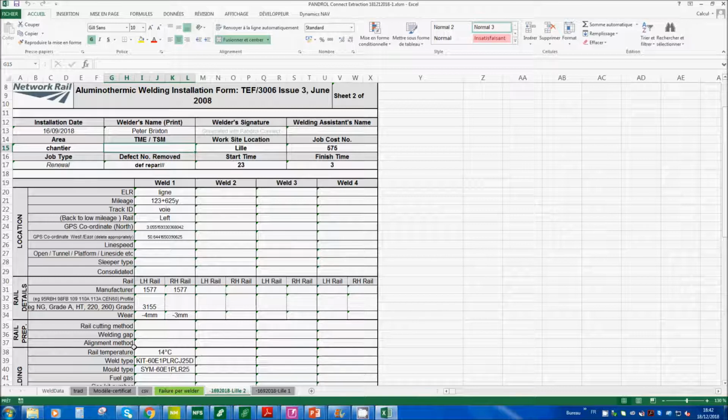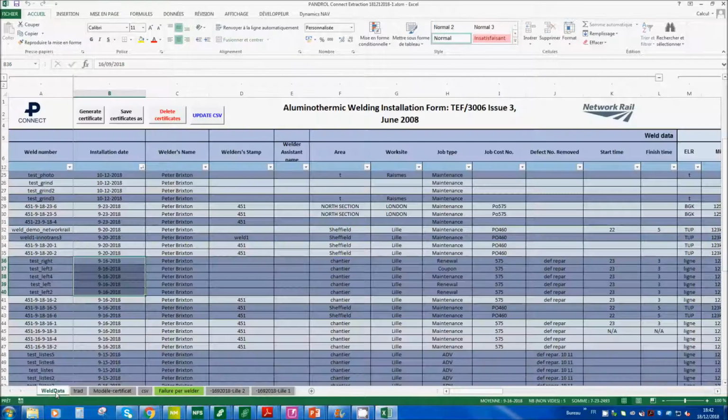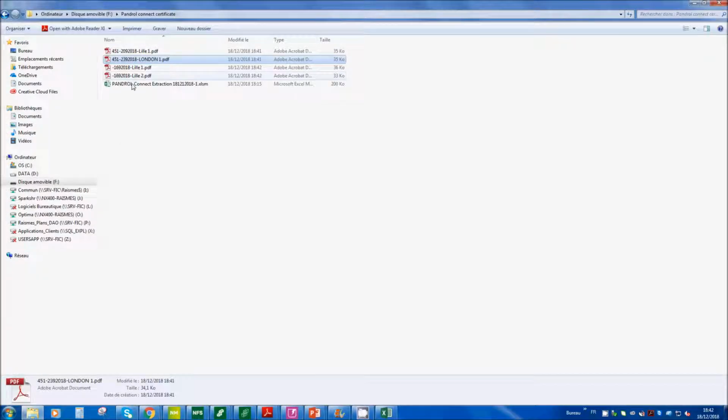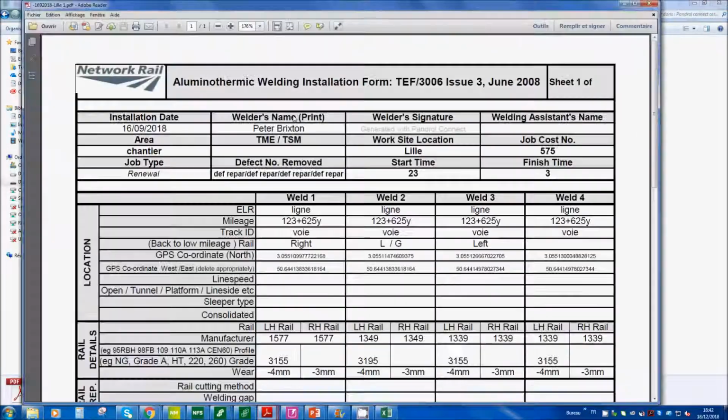Well, that's pretty much how it works. Again, I just save it. 2 certificates have been saved, and I will just find them at the root where my main file was at first. Here we go again.